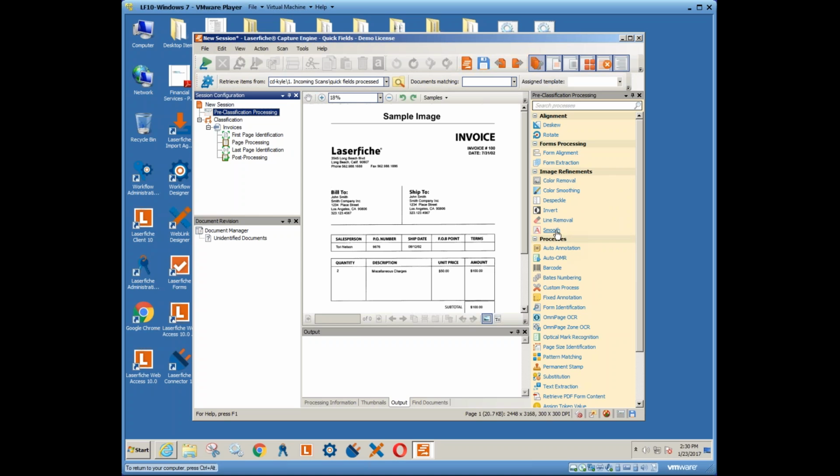for the most part, available in the basic product. You can usually do color removal, color smoothing, despeckle, inversion, line removal, both vertical and horizontal, as well as some smoothing, which kind of makes things easier to read. Usually these image refinements are available to all, from basic Quick Fields with no modules to any of the other